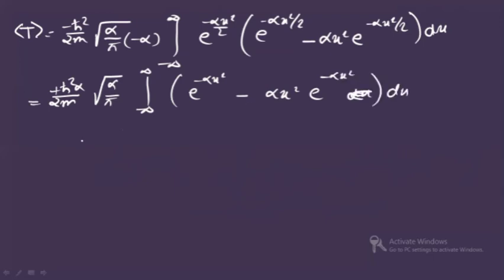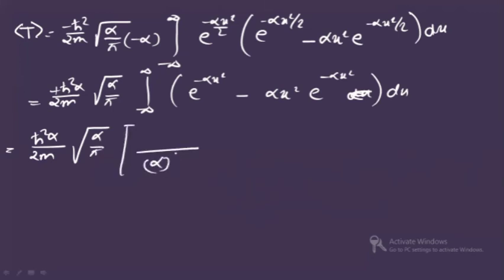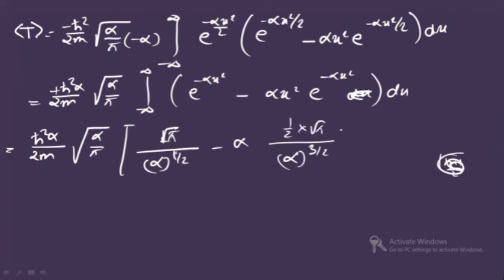Alright. Now we will use the same formula, integral of e to the power minus αx² x to the power n dx. So this is ħ²α by 2m root over α by π. So the first term will become α to the power (n+1)/2. n is 0 here because x to the power is 0. So it is 1 by 2. This is gamma (n+1)/2, so it will be gamma 1/2. So it will become root over π. Clear? Minus α is constant. Here you will have α to the power (n+1)/2, so it is 3 by 2. And here also gamma 3/2 will be 1/2 into root over π.